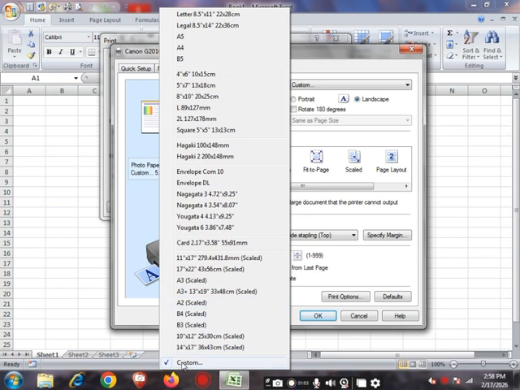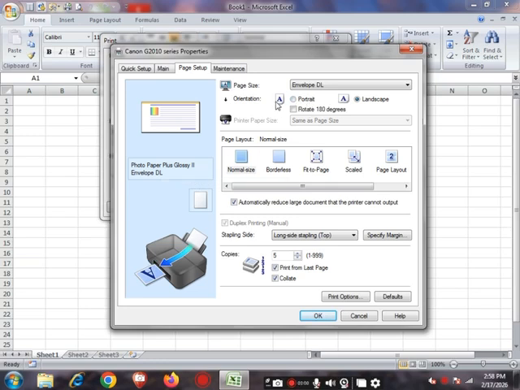The size also we can take as custom according to our requirement, and these are the ready-made sizes if you want to take. The next is the orientation, portrait and landscape. We can take any option from this according to our requirement, and the preview also highlights how it will look after the printing. Next is rotate 180 degrees. When we click on it, focus on the printer, how the text will be changed. So it rotates the text by 180 degrees. So it's also our requirement what type of printing we are taking.